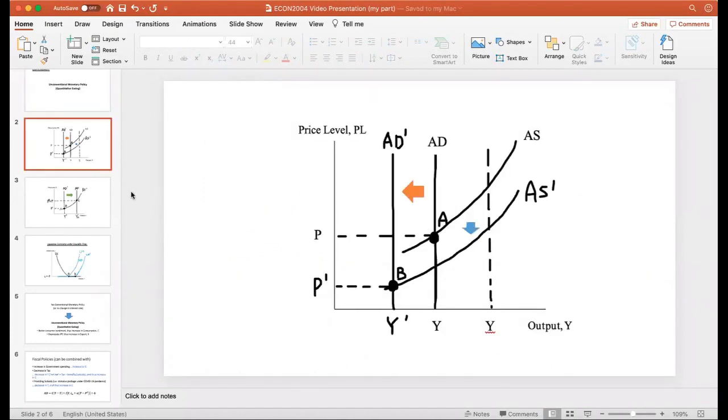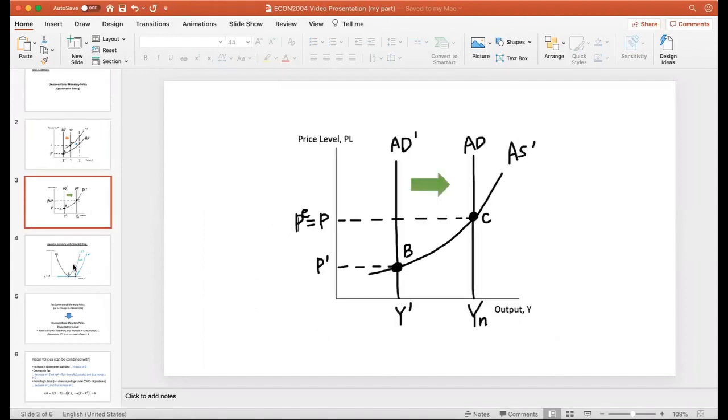Under current conditions, we need to fight against deflation and the further fall in output by shifting AD curve to the right somehow, as the green arrow in this diagram shows. Conventional monetary policy could be an option, however, this is not the case under current Japanese economy.